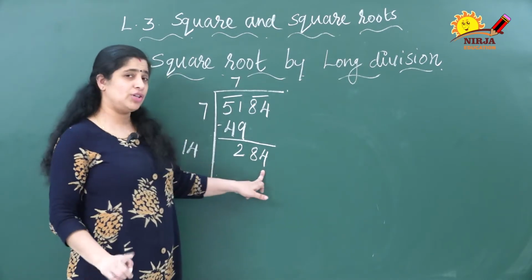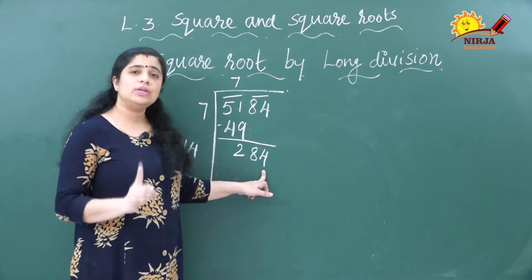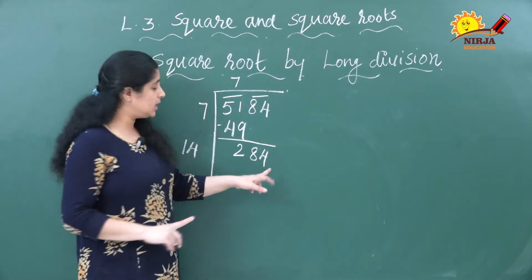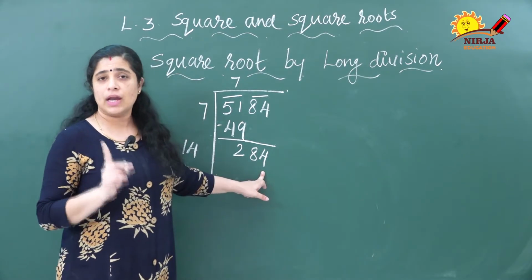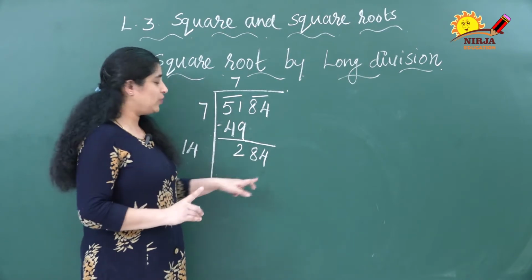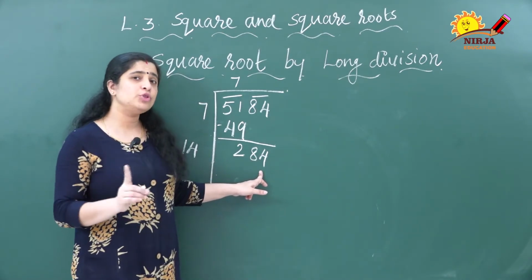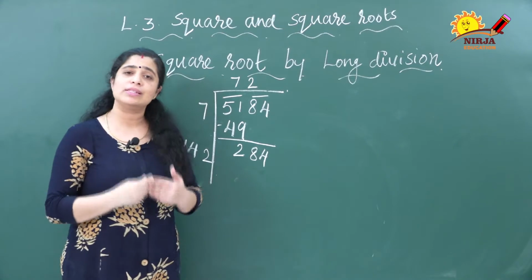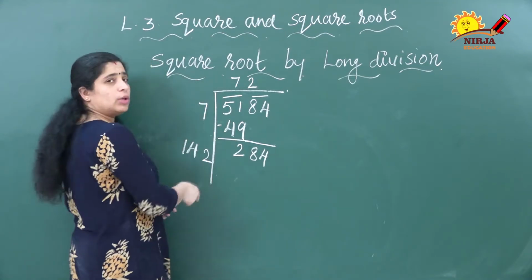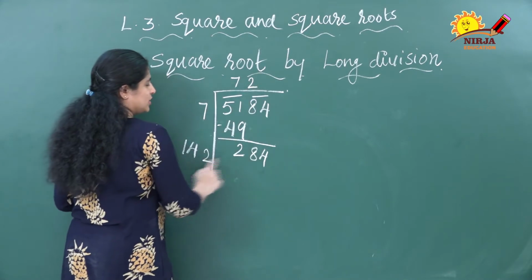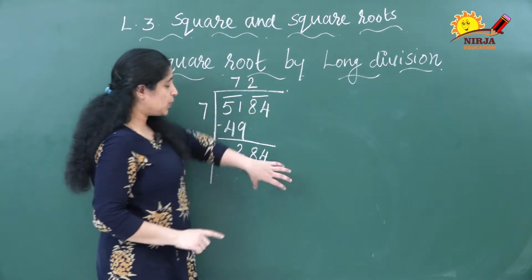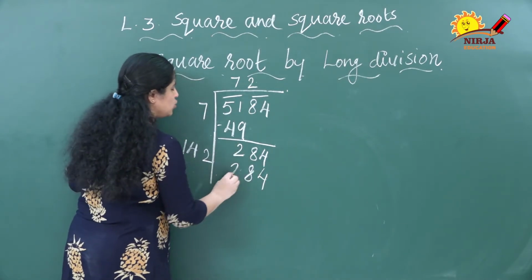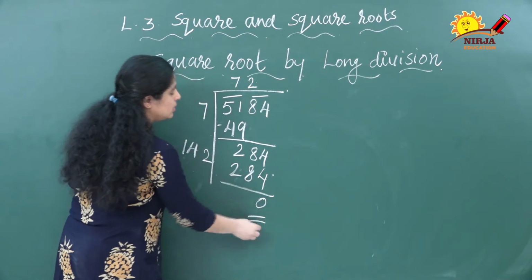That means you have to check. 4 in the unit digit means what will be the numbers? Already we have discussed in the first video. Here it is 4, so that means the number should be 2 or 8. Then only you will get 4 here. So we will start from 2. I am just taking here 2 and 2. You should do the assumption, then only you will get it. Then we will do the multiplication. 2 twos are 4, 2 fours are 8, 2 ones are 2. That means we are getting the same number. You will get 0 here.